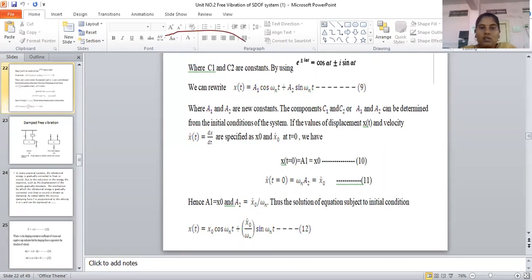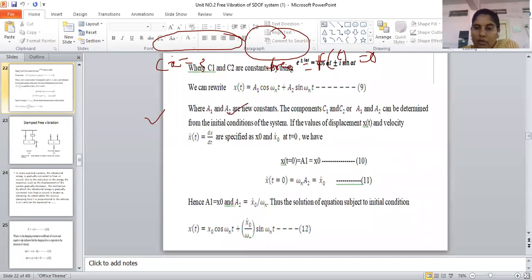You can see here, this is a damped system and it is a free vibration. Free means the f of t value will be equal to 0, and damped means the Cx dot has some value. In the figure, you can see the k parameter, the c parameter, because it is a damped vibration system, and the m parameter will be here. This means three forces will be produced in the system: one is the inertia force,